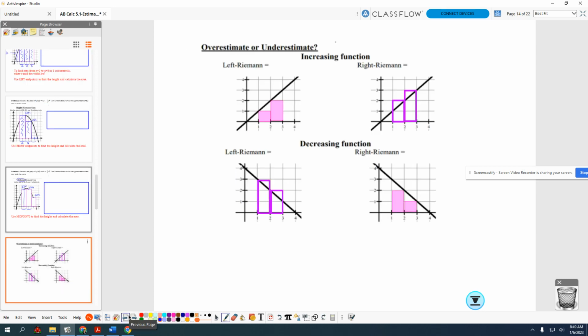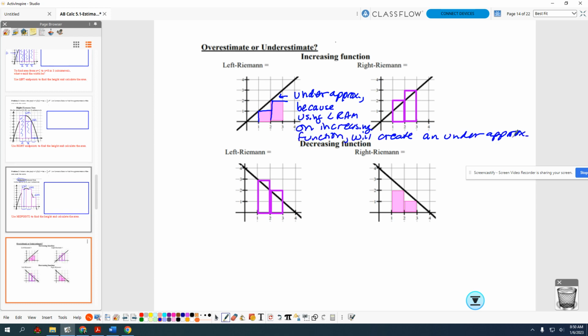We do also need you to know if your estimation is going to be over or under. And as we discussed in class yesterday, it depends on what kind of estimate you're doing, left or right. I'm not going to ask about midpoint. And if the function is increasing or decreasing. I recommend you draw the graph. Here's the graph. If we were doing left end, those rectangles are underneath, and it's going to make an under approximation. And the AP exam will ask why. And RRAM will be an over,